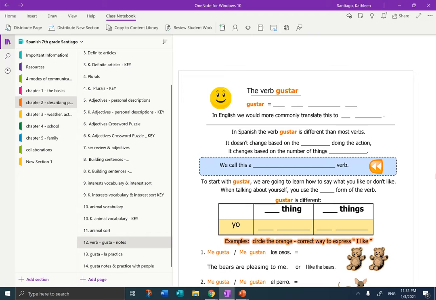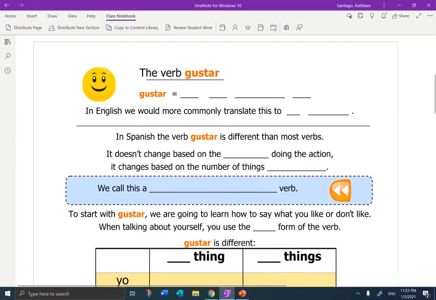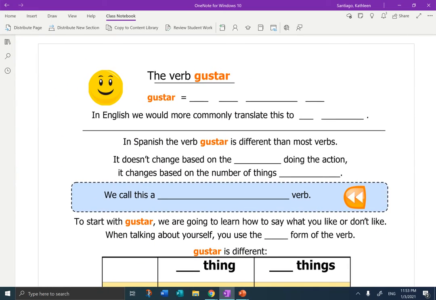So you watched the video and did the work in Schoology. Now we're going to take notes on this new verb, gustar. So I am in your 7th grade OneNote, Chapter 2, page 12, Verb Gusta Notes. I'm going to eliminate the table of contents and make the notes big so that you can see what we're doing. So the verb gustar